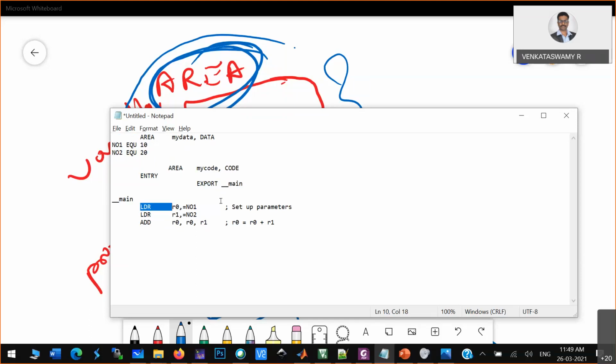In this case, the data present in the variable NO1, that is 10, will be stored in the R0 register. Similarly, the NO2 variable will be stored in the R1 register, then R0 and R1 will be added and the result will be stored in R2 register. Like this, you can write a program.